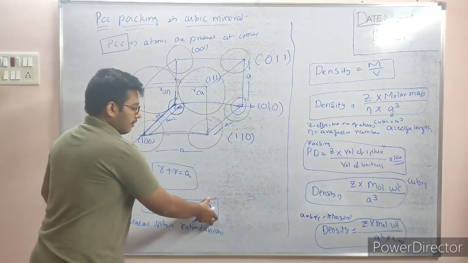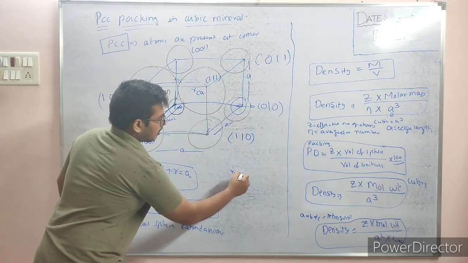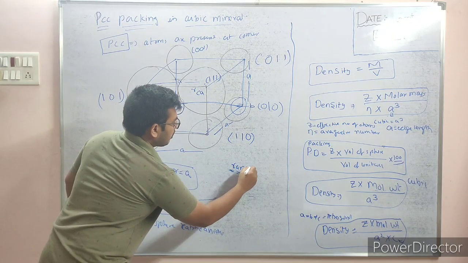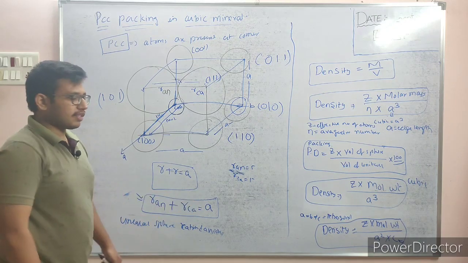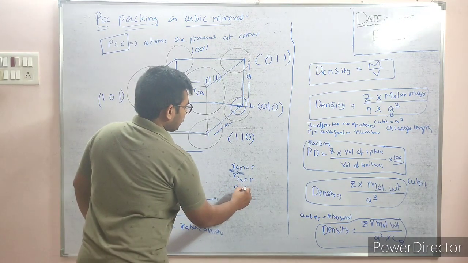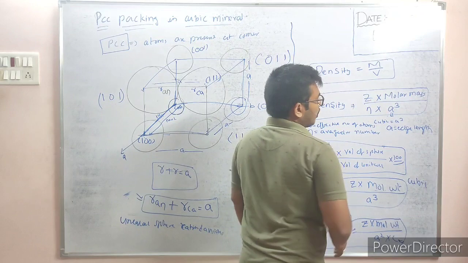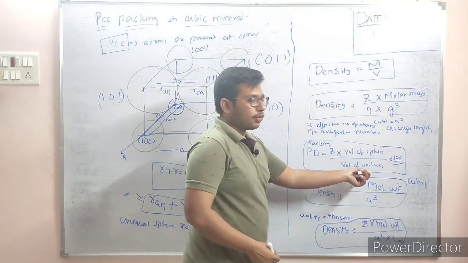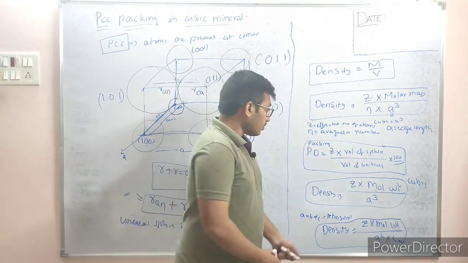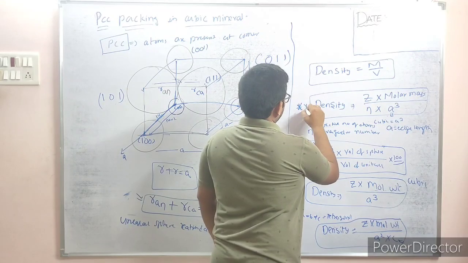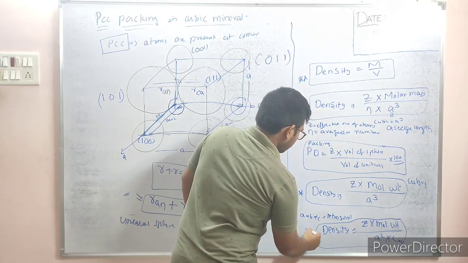When we find the value of a from the radius of the anion and the radius of the cation, suppose the radius of the anion is 5 and the radius of the cation is 5. Then you will get the edge length: a is equal to 5 plus 5, 10. Simply put a equal to 10 in the formula. What is the unit cell volume? A cube. Put this value 10 in a cube and you will get the packing density like this. So these are the important formulas, and we have to remember them.